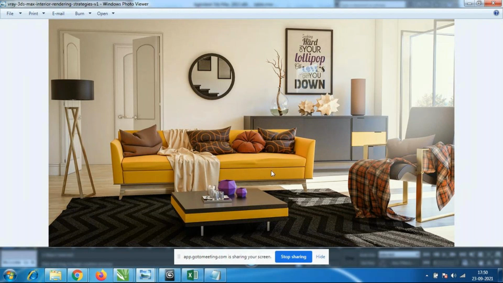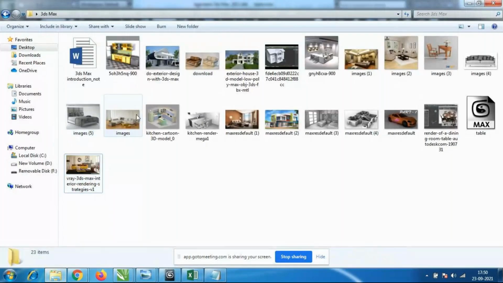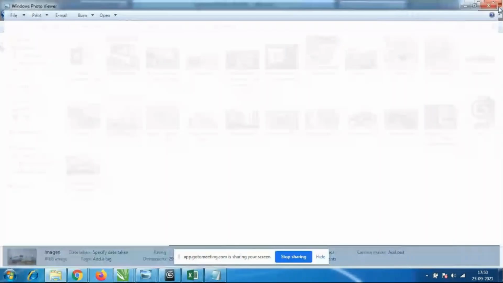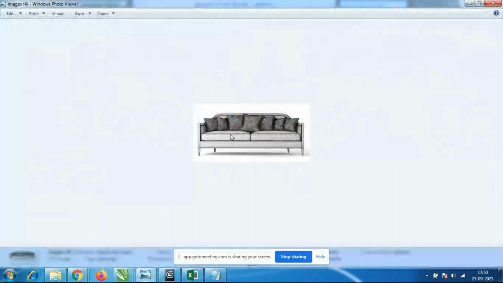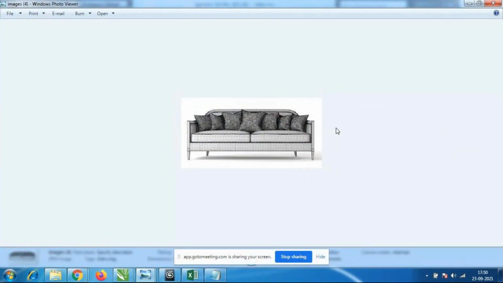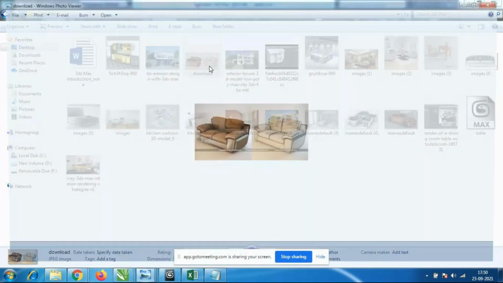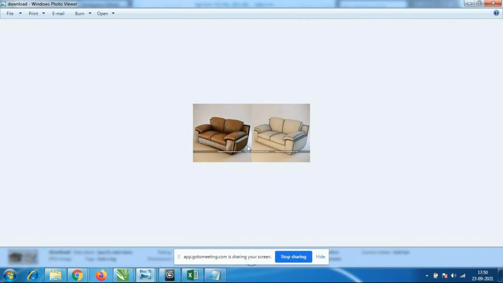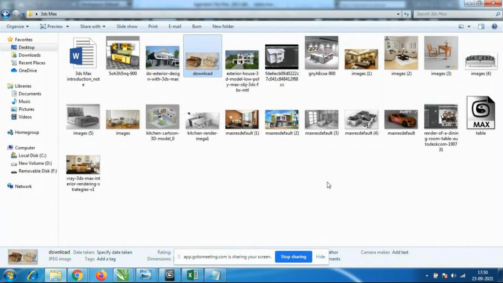So we will go for some other sofa designs. Yeah, we have these 3D sofa designs. Look at here, the same thing only we did. And here the thinner side armrest we want. So like that, how much ever we want we can add it. Look at here, the pillows and this armrest will be different.